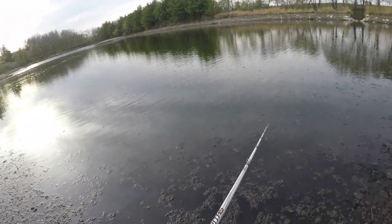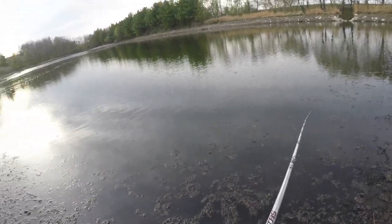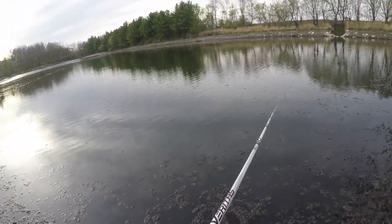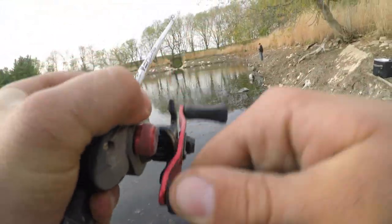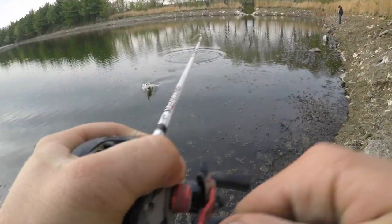Beat you to it. It was really windy? Yeah, it was terrible. There's one. God, he smoked that crankbait. That's a better one there. That's not a little dink anymore. He's not a giant either, but